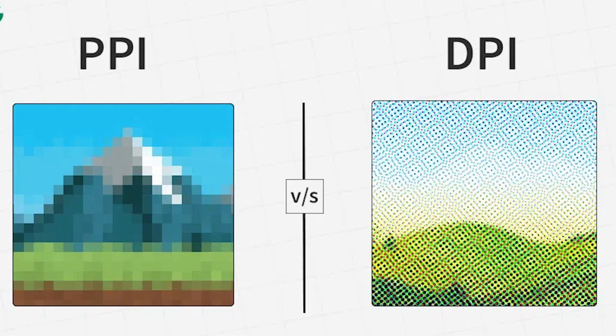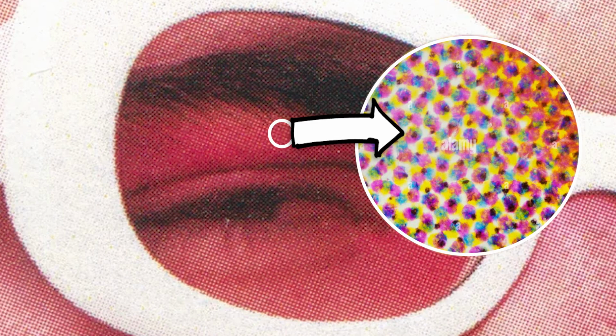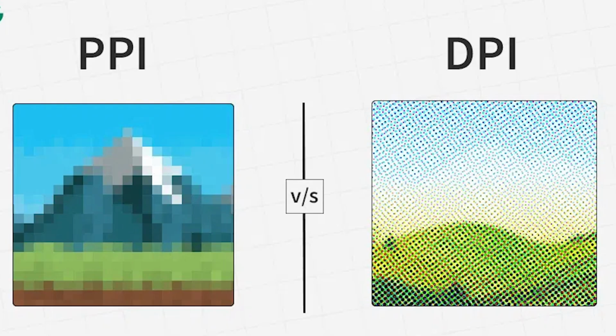PPI means pixels per inch. That's the language of digital screens, phones, laptops, and TVs. DPI means dots per inch, and that comes from printing. It's about how many tiny little ink dots a printer can lay down in 1 inch of space on a sheet of paper. You can't print pixels, right? You need to physically mark something on the paper like Seurat did. So printers simulate each pixel using lots of tiny little dots of ink, sometimes overlapping and sometimes spaced out to let some of the white paper show through. That's why we use PPI when designing and DPI when printing.